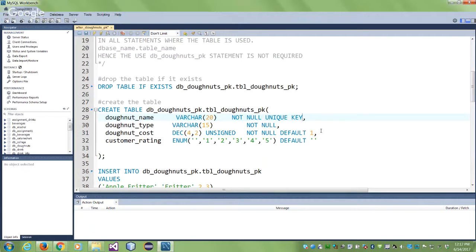So there is something called unique key also in MySQL, and the combination of not null and unique key makes it a primary key, right? If you think of it, what is a primary key? It is not null and it is unique. So that combination can be done this way also. So this is available. If it is giving you a syntax error on your machines, it could be that your